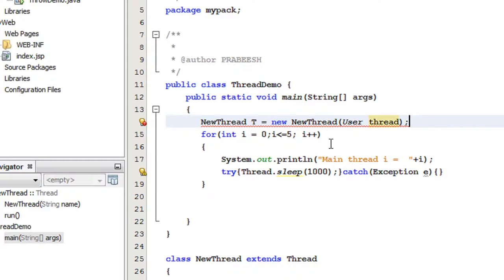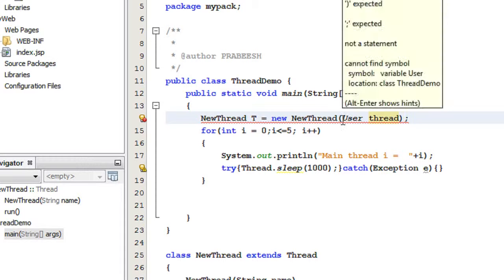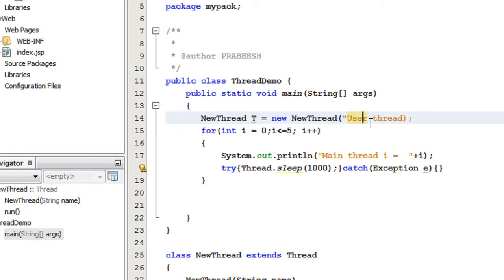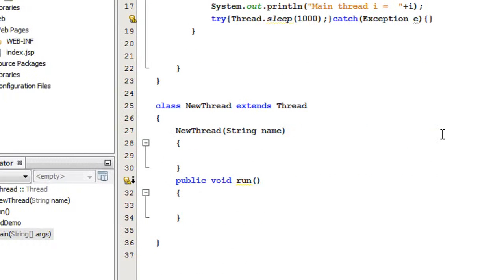T is equal to new Thread. What is this? Okay, you have to specify the string in double quotes. Whenever we execute this statement, it is an object creation, so it will invoke the constructor. That constructor has a string argument, and here I'm going to call the superclass method, super dot, I pass the